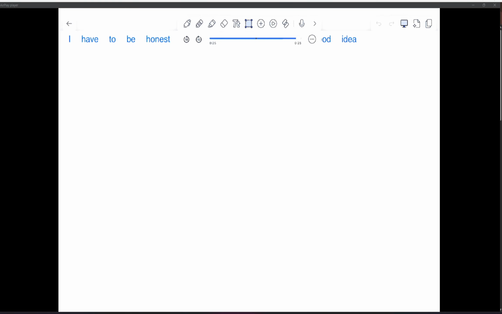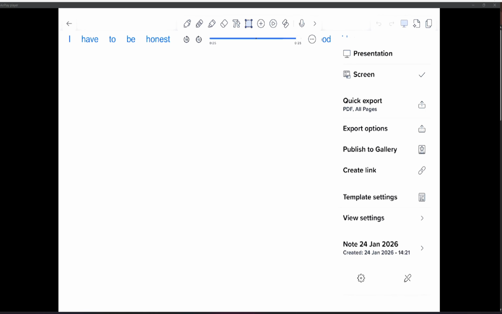Now what we can do, we can share this note with others. And how can we do that? We can do that like that. If we go here to the right top corner and select this screen right here, monitor, and here you will see